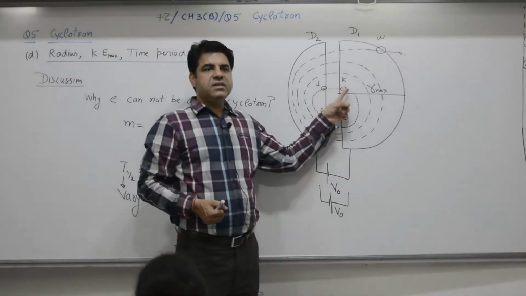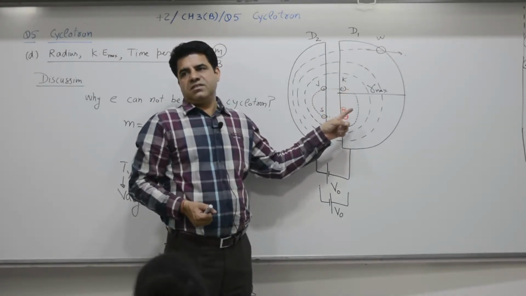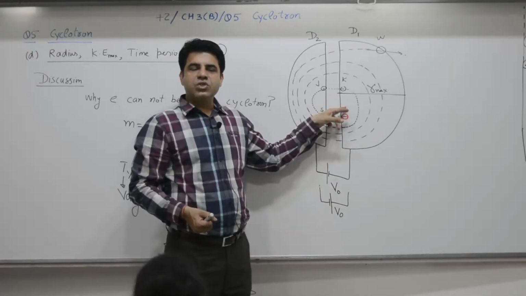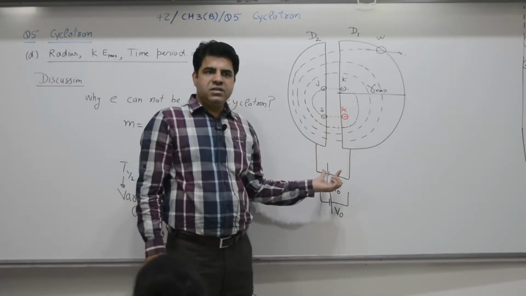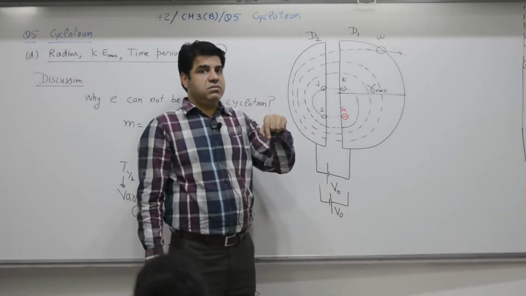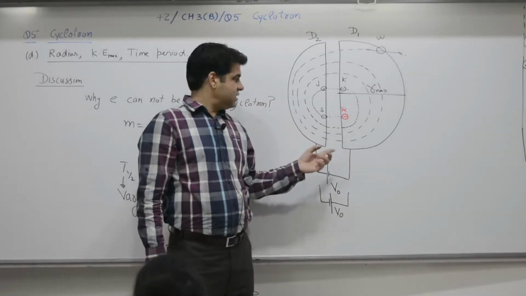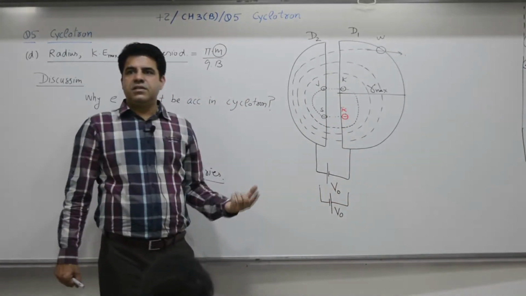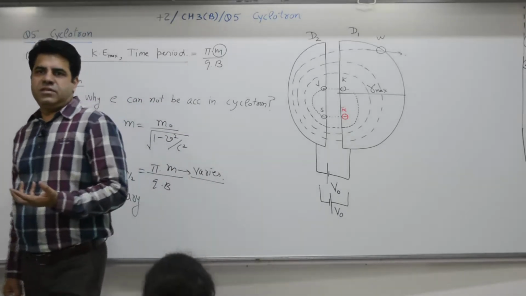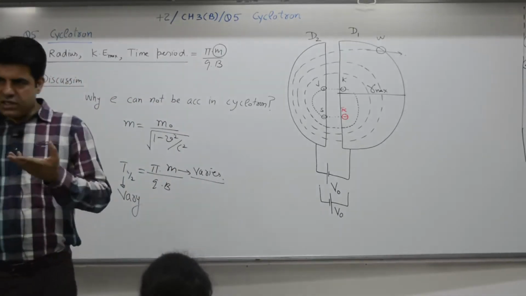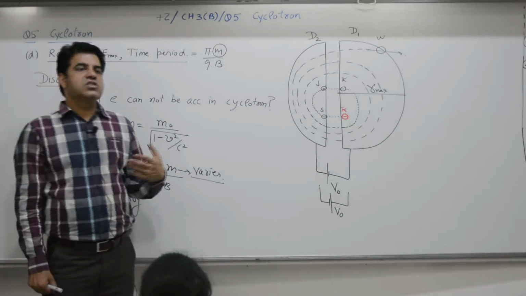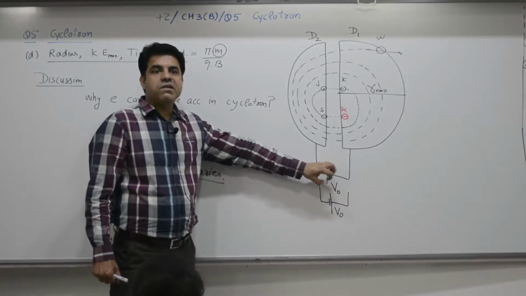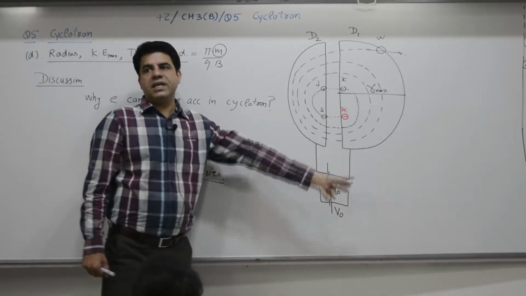So there is a loss of synchronization. The electron is here and this D may become positive. So you will have to develop a machine which will change the time also, as the particle moves to higher circles. Synchrotron. That device is written in the book. If you go through the discussion, a synchrotron will have a synchronized electric field to accelerate the electron.